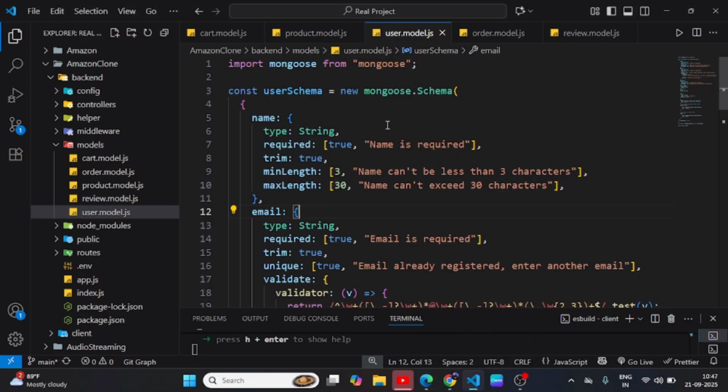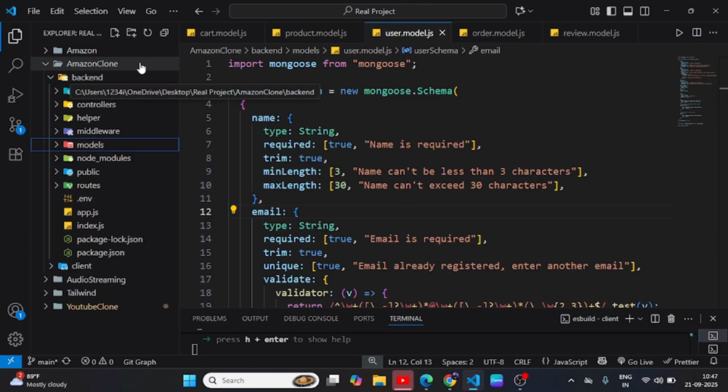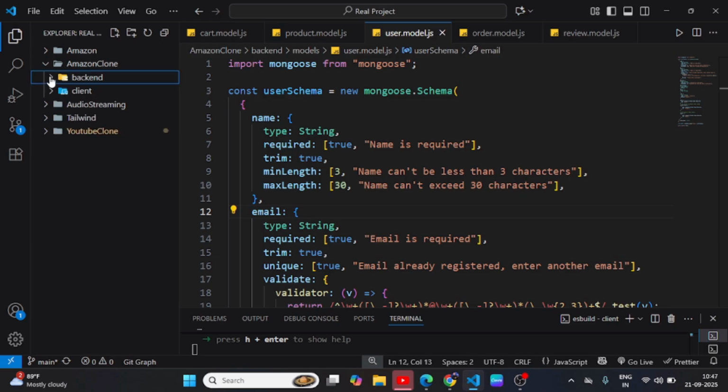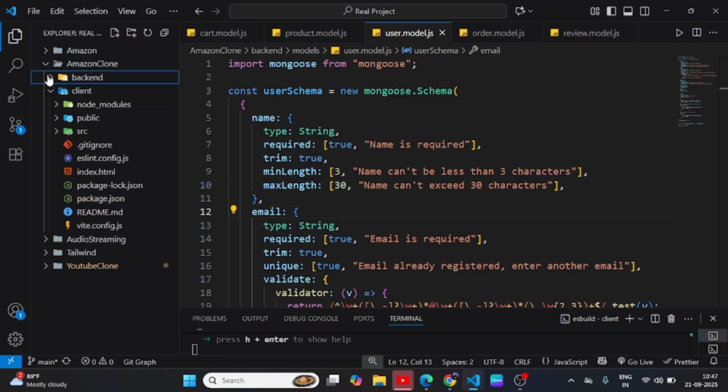So I write all the code. I'm not going to type it again because it wastes your time. Rather, I can just explain it to you, so it saves your time and I can focus more on explaining. Okay, so inside our Amazon clone, we have the backend folder and client, and inside the backend folder